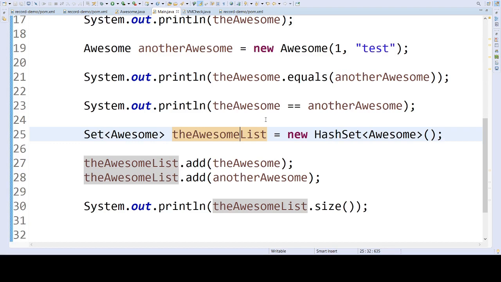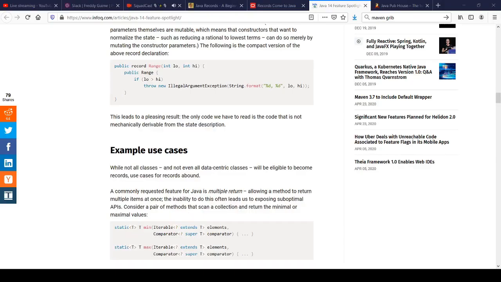Well, I guess that's all we have in the agenda for Records, isn't it? Yeah, I think we've covered pretty much all the things that I would want to cover, or at least want to know. The main thing is, if you're trying to play with this at home, do follow the steps to enable the preview. It may be as soon as Java 15 when some of this stuff starts getting, actually, we should look at that. Let's see, if we look at Java 15, let's go there.